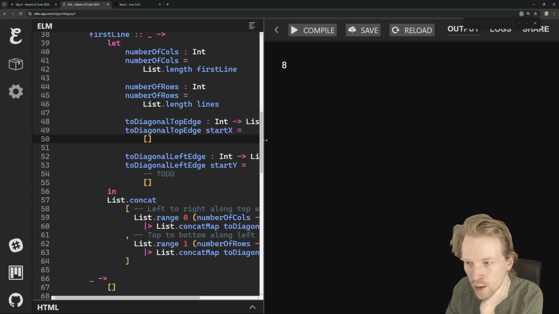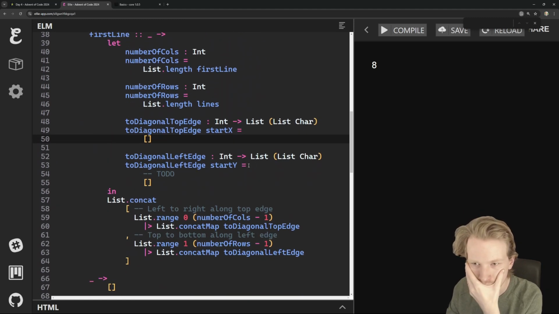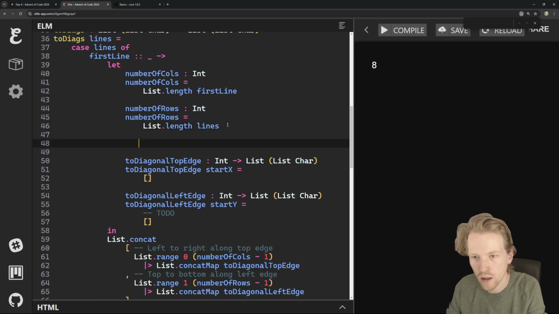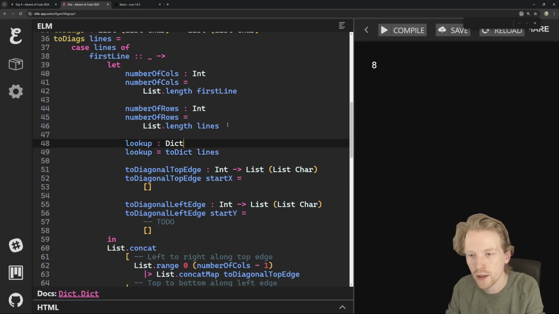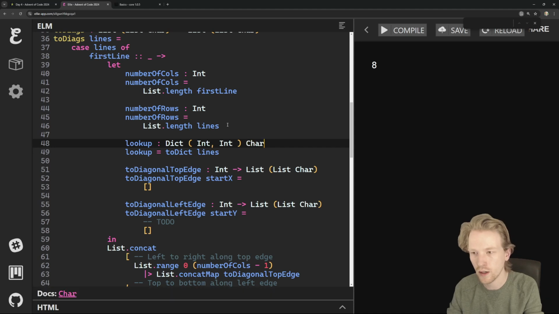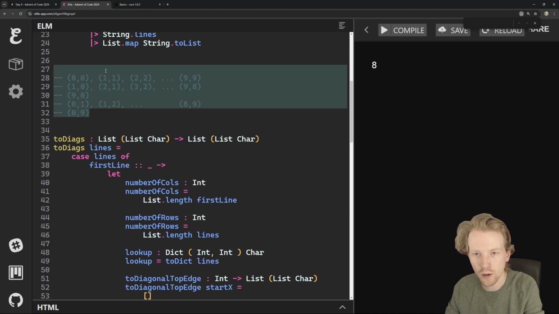This is always returning empty, which is what our issue is. But I think if I use toDictionary and call this lookup, and I give it all the lines, this is going to be the dictionary that I want, where I can just give it an integer. I can do dict.get, and then I'll be able to look up a character at a specific spot. So kind of circling back to where we were here,